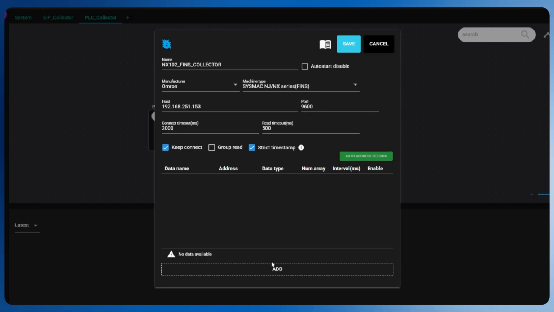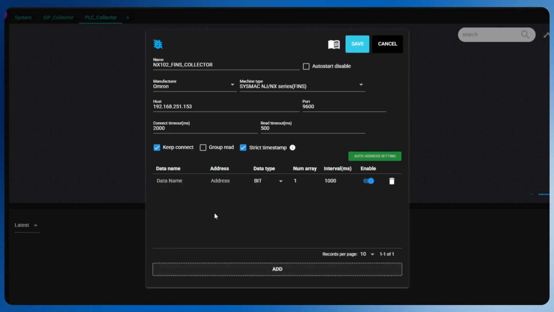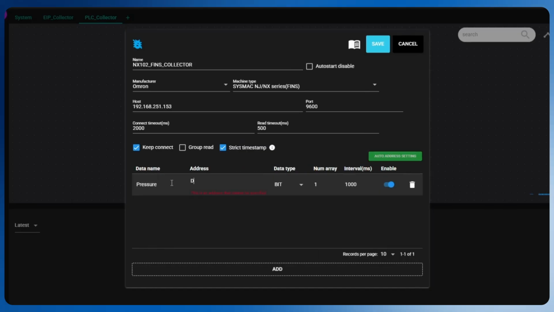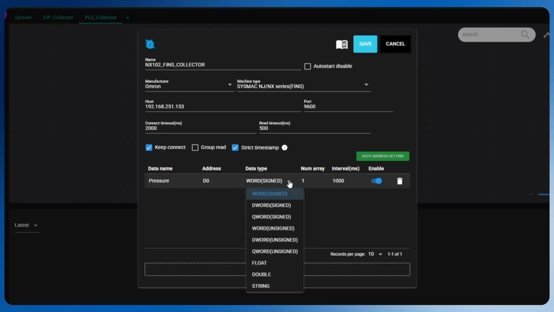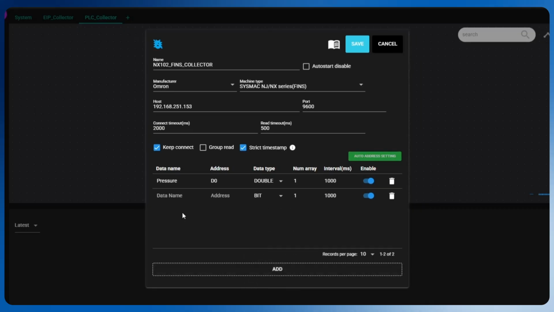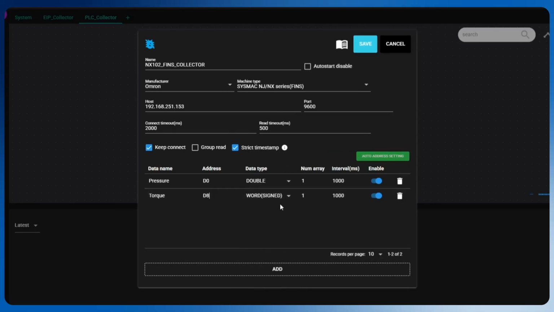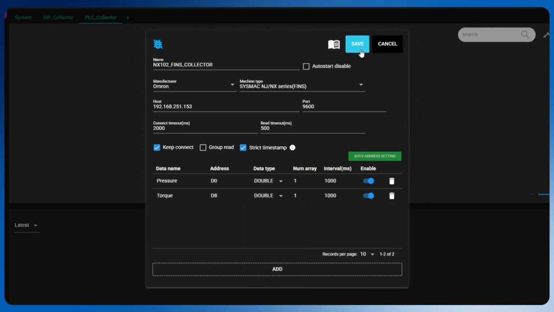After that, we will add variables in the variables field. Click Add and underneath data name, enter pressure, address D0, data type as double, click Add again, then data name, give it as torque, address of D8, data type of double. Click Save,